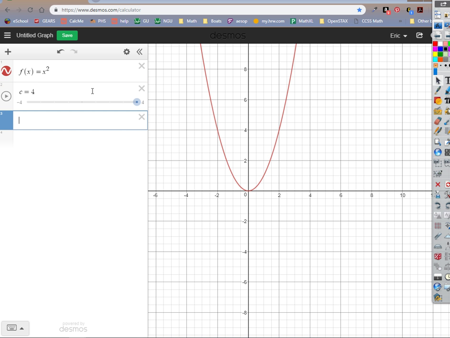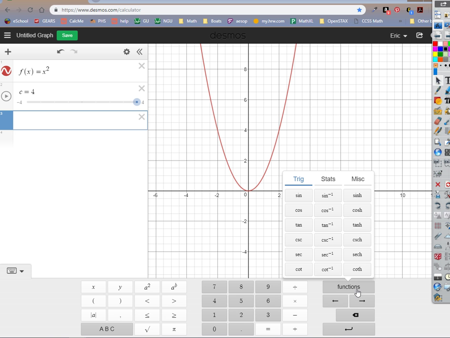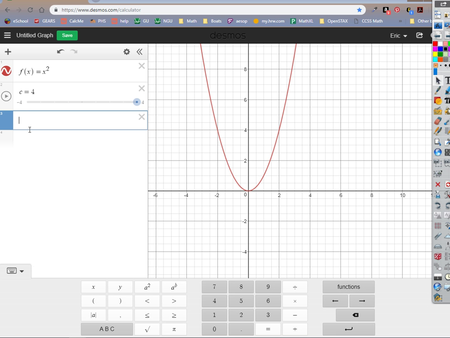I don't think I can put delta x on here. So for delta x, I'm just going to call it d. Okay? That means delta x. So d equals